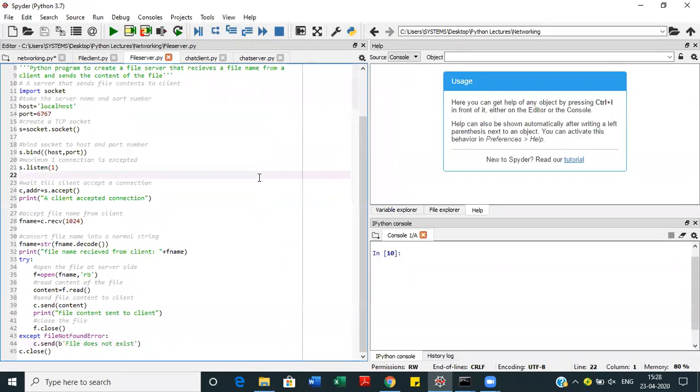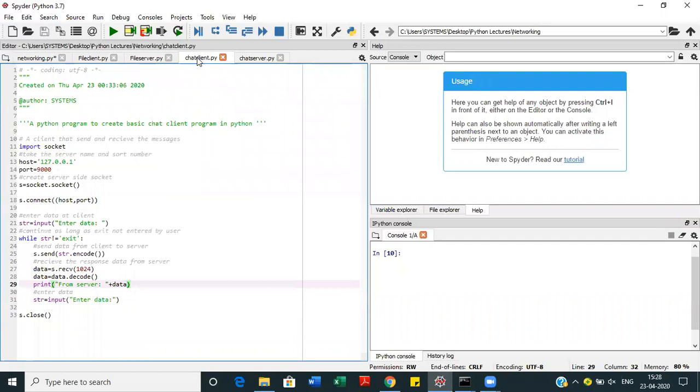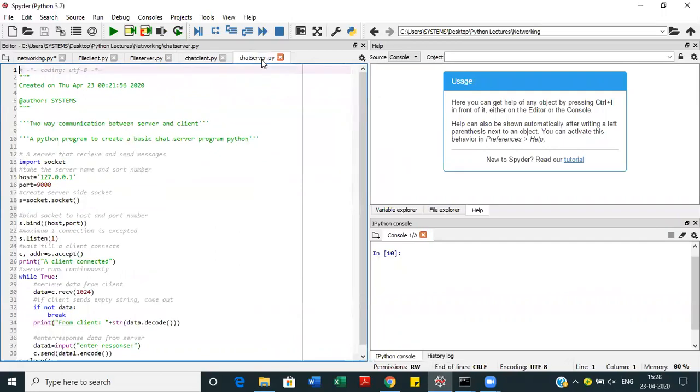So that's all about how to read a simple file by using a client server program. Now, the next program is to check the two-way communication between the server and client. So it's like two people chatting. Now it is possible to send data from client to server and make the server respond to that client request. After receiving the response from the server, the client can again ask for some information from the server. In this way, server-client communication can be established in the two-way form. This is what we are going to learn here.